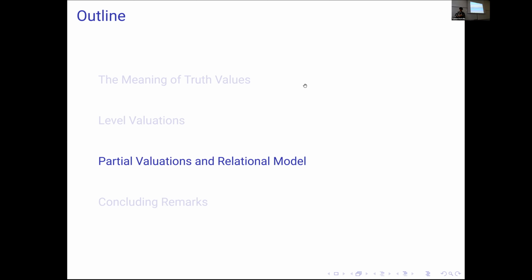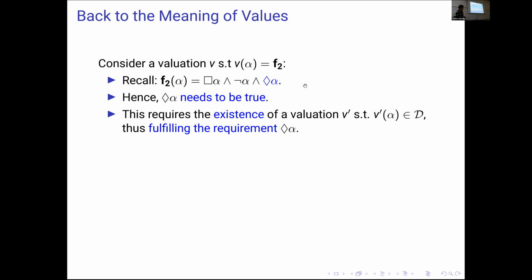For some logics, we already know where to stop, but in the general case, we don't, right? So we have these infinite objects, and we start calculating the infinite intersection, but we don't know when to stop. So now, partial evaluation. The basic idea is the following. Instead of looking at this infinite object, we look only at the formulas of the formula you're evaluating,